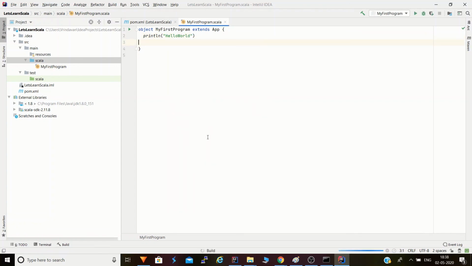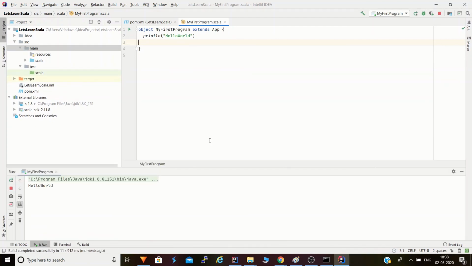We just click on run and run our first program. So we have got the hello world. Congratulations. We have built our Scala project in IntelliJ.